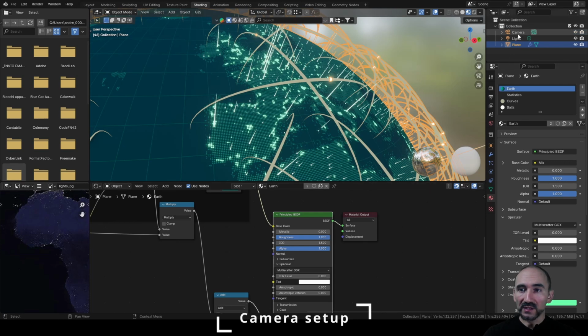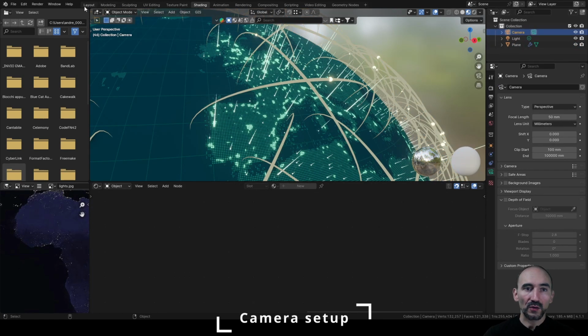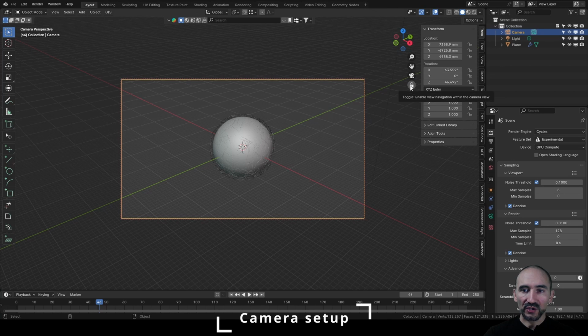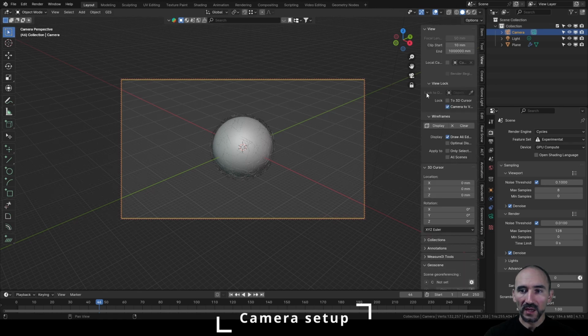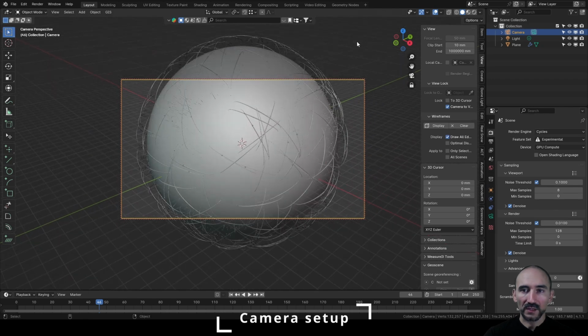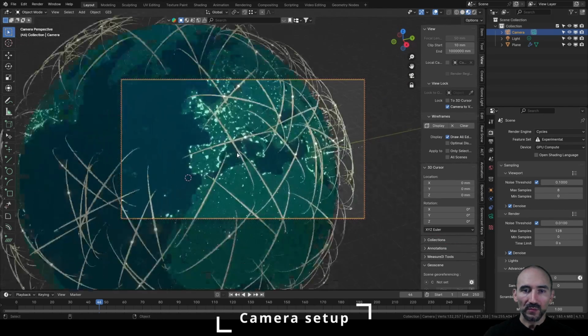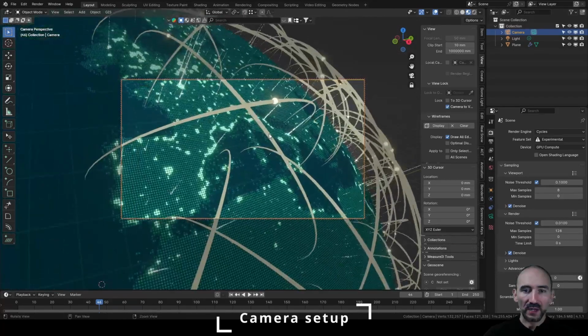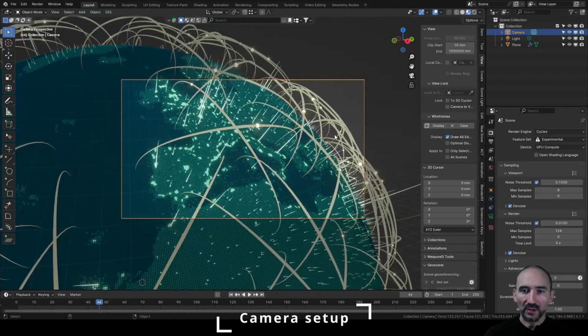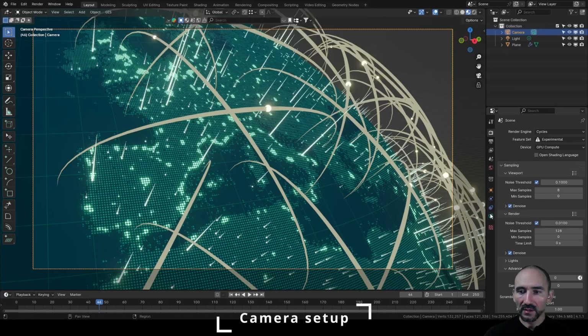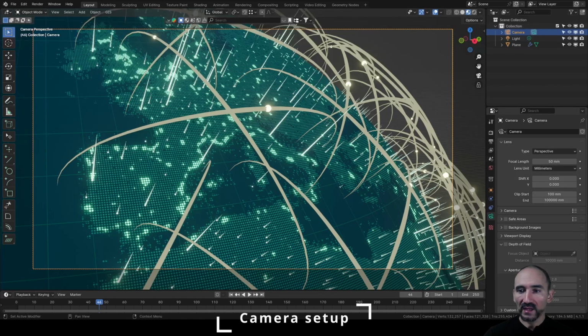Now let's tweak the parameters of the camera. So we can go in the layout, press 0, make sure to have this lock toggle enabled, or if you don't have this version of Blender but an older version, you can go in the view section, and here you can check camera to view. So I can go inside, enable the preview, move the position of the camera like this, for example, turn off this lock like this, go in the camera information, we can leave the focal length at 50,